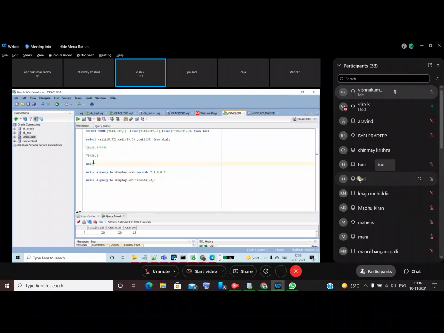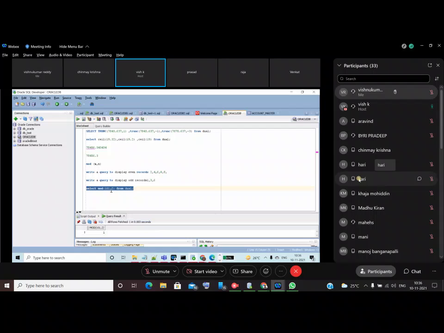So what will the mod function do? Mod is nothing but the remainder. It returns the remainder. What is the syntax? mod(m, n). Suppose select mod of 100 by 2. What is the remainder, guys? 2 fifties is 100, so the remainder is 0. Suppose you use 101, what remainder will come? 1 will come, guys.